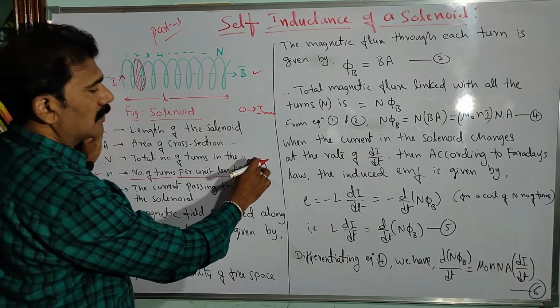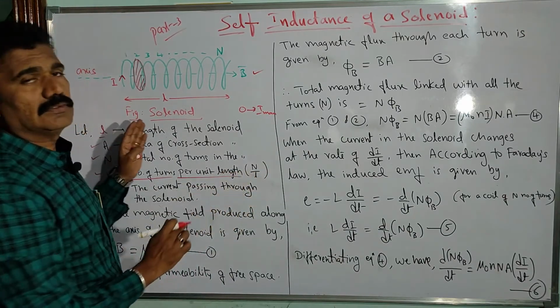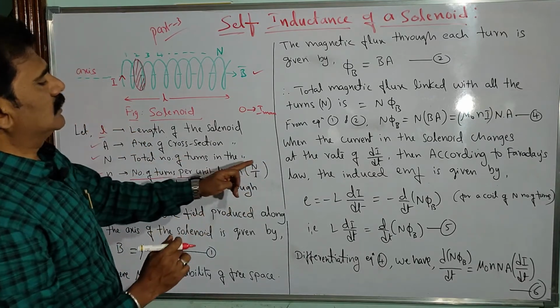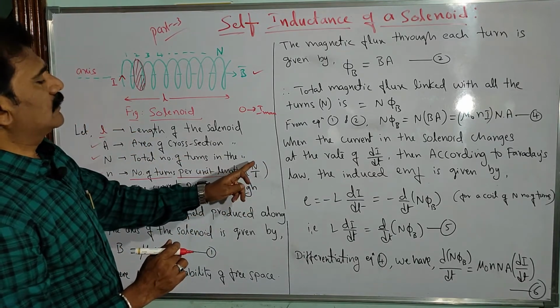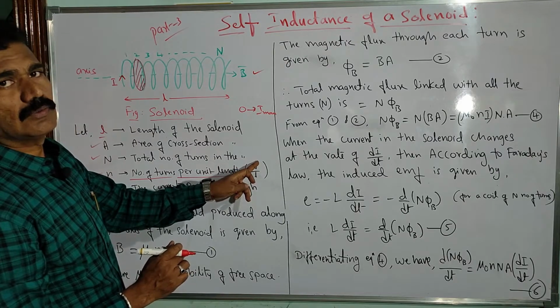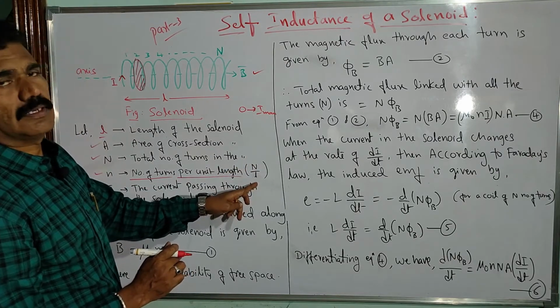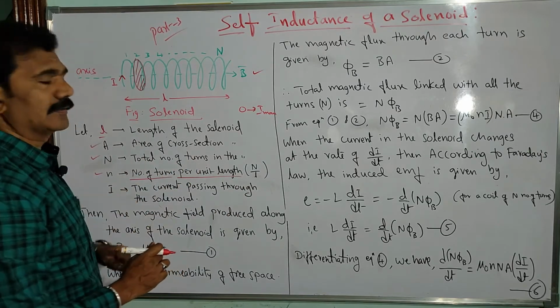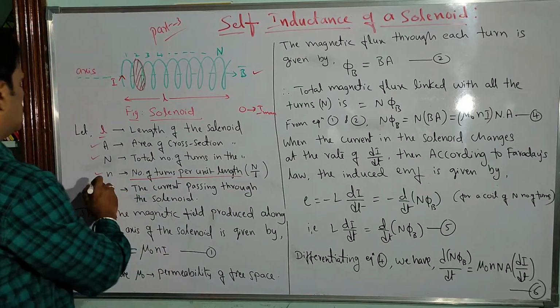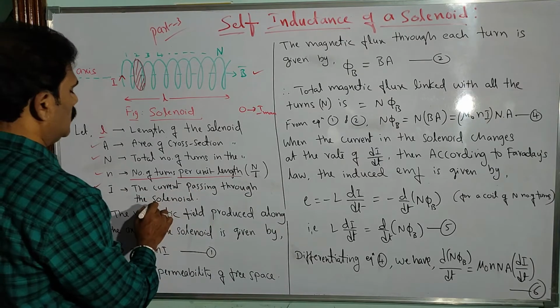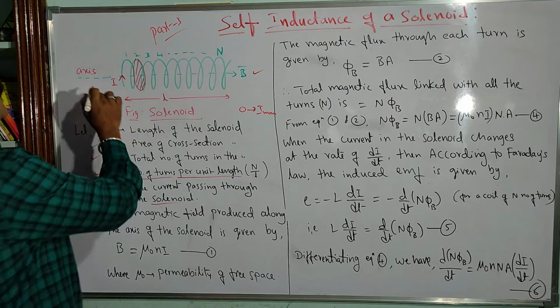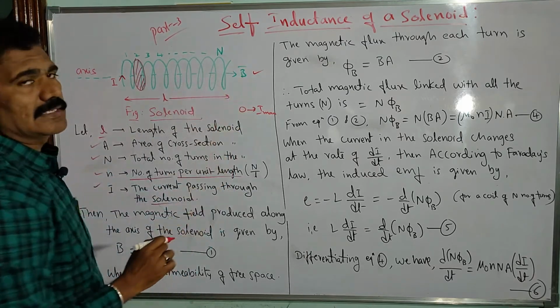Total number of turns in the solenoid divided by the total length of the solenoid, so capital N by small l. Once again, total number of turns divided by total length gives the number of turns per unit length, that is small n here. Then what is I? The current passing through the solenoid. Clear? Now, as I told, the magnetic field produced along the axis of the solenoid is